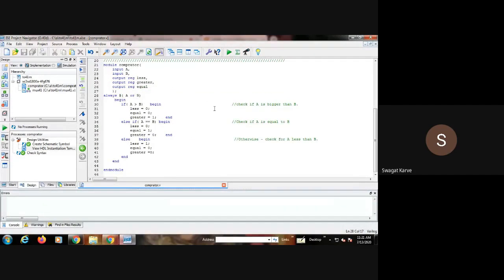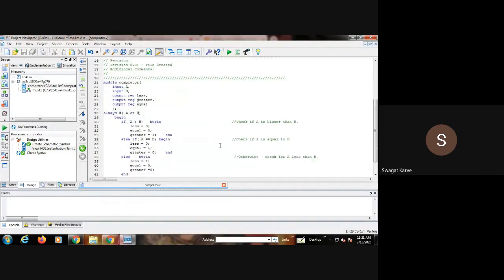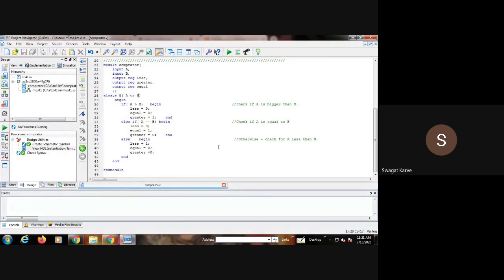Xilinx simulator. Actually, it's a very powerful software, right? And for those who want to really pursue a career in the VLSI field, it's useful. And this same software, with some license version and all that, is used by the VLSI industries. Okay, same software. Those who are friendly with the C language, they are actually going for the Verilog programming. Those who are not friendly, they can go for VHDL. I always prefer VHDL programming. So it's easy for me. Those who are friendly with the C language can go for this Verilog programming.